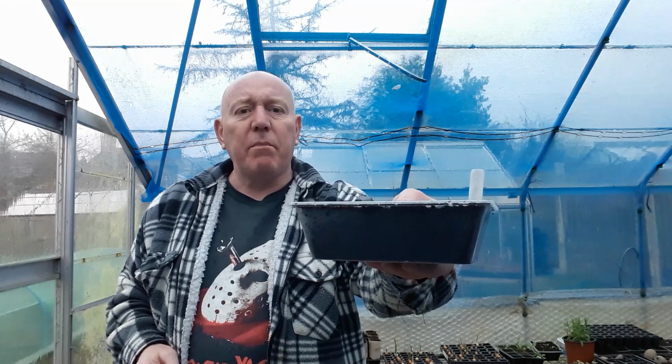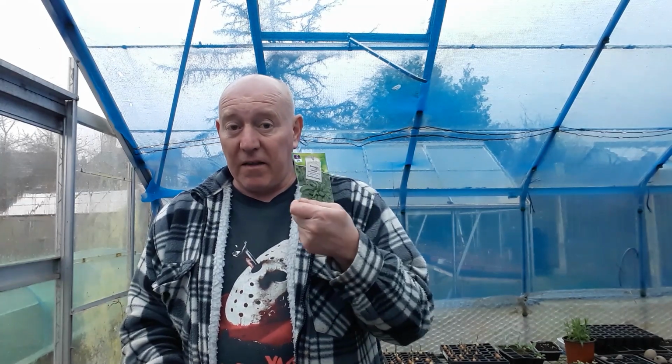I think I'm going to have a go at some of these spinach, because I did some spinach recently, and if you remember, I was using these pots because they're small, and I was using them to test my seeds, knowing that they don't take a lot of space up. And it turns out the basil, there's only one seed germinated, so I know them seeds are probably no longer viable. So when you come across something like this, you might as well stock up,